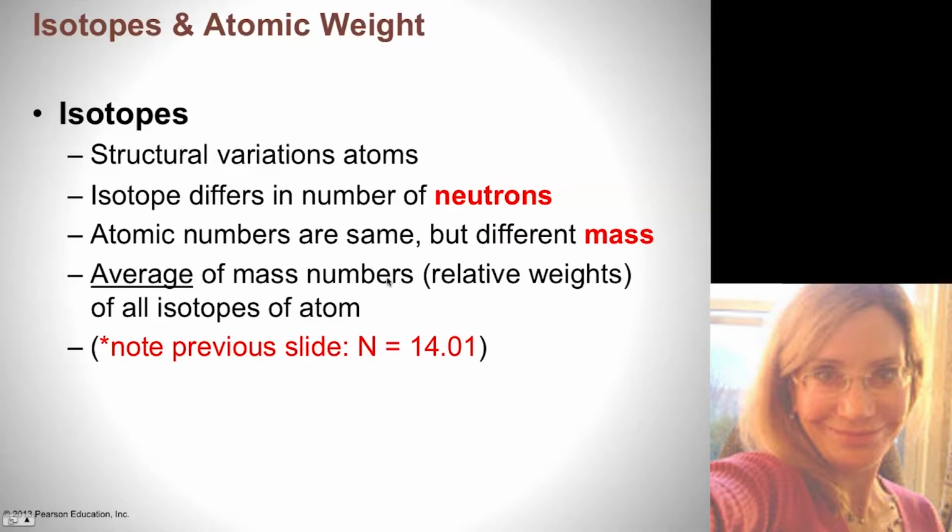And so if a particular sample of that element has an extra neutron or two, it's going to have a different mass. So the average of the mass numbers, or the relative weights of all the isotopes of that atom, will end up to be the atomic weight. And again, there's nitrogen at 14.01